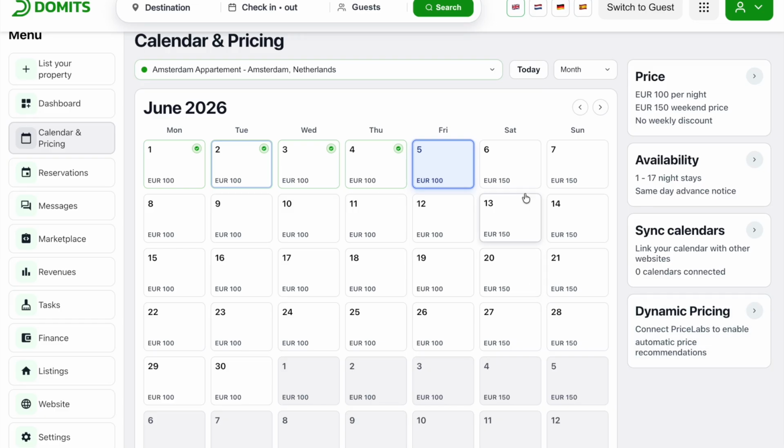Imagine you have an apartment in Amsterdam. Without dynamic pricing, you might charge the same rate every night, for example, €100 or in the weekend 150 euros. But during the Amsterdam Dance Event, or when there's a big conference happening in the city, demand increases and travelers are willing to pay much more. PriceLabs detects this increase in demand automatically and can recommend higher prices, for example, 220 or even 280 euros for